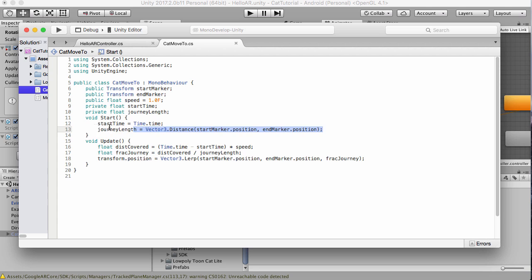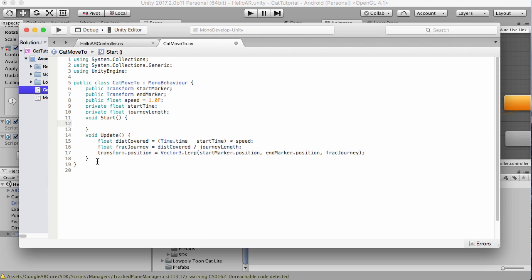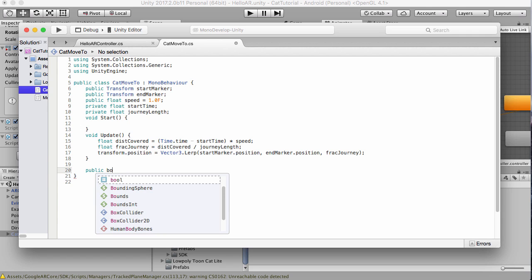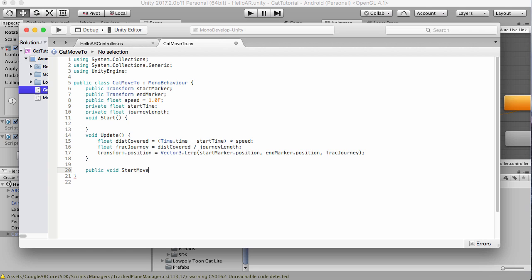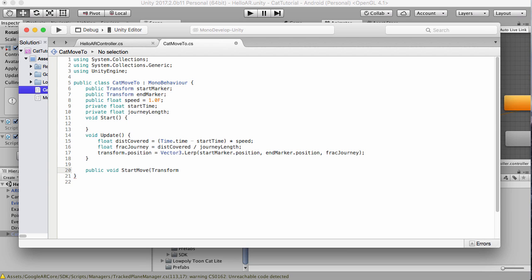So what I'm going to do is take this and create a new function called public void StartMove, and this is going to take a transform which is going to be